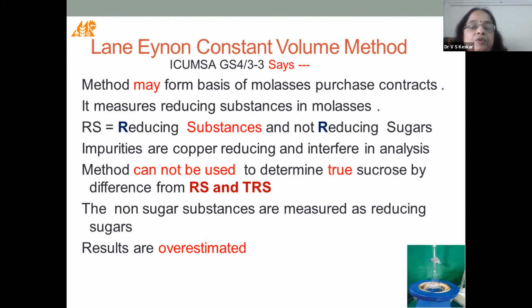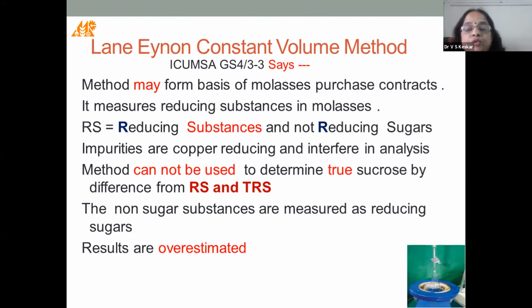We generally get confused by the term RS. RS is reducing substances and not reducing sugars. This is a very important point. These are impurities. The method is based on reduction of copper solution in alkaline medium. And in molasses solution, as we saw, there are a lot of impurities, and some of these impurities show the property of reduction of copper. So this method cannot be used to